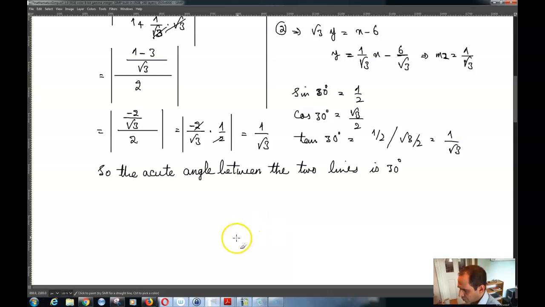And if you can remember, we said that, for example, if you have these two lines